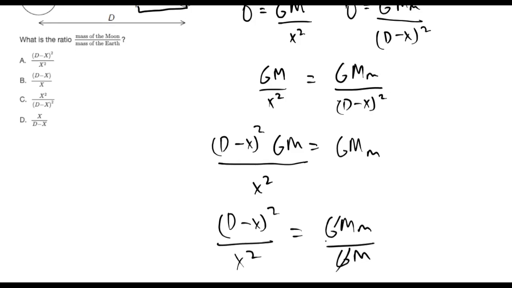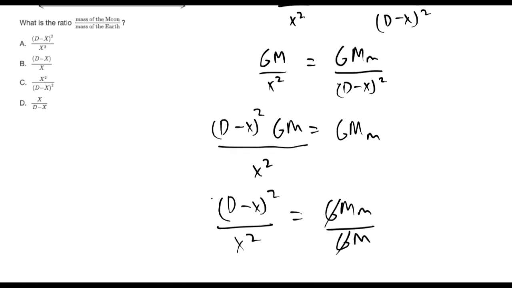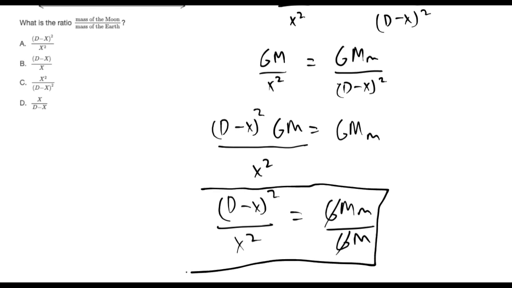G and G cancel. So the ratio of the mass of the moon to the mass of the earth is d minus x whole squared over x squared. That's our final answer, which is